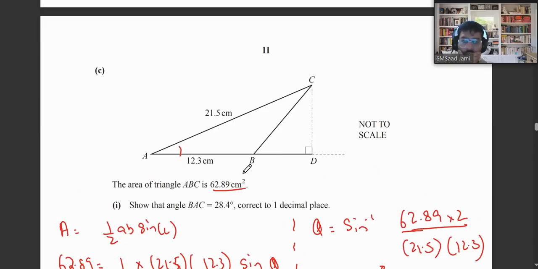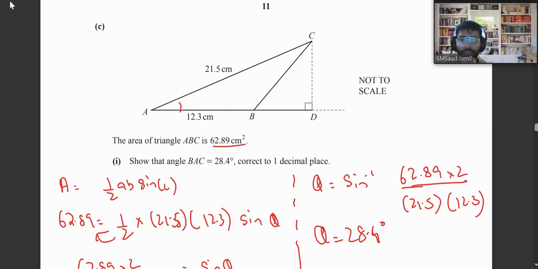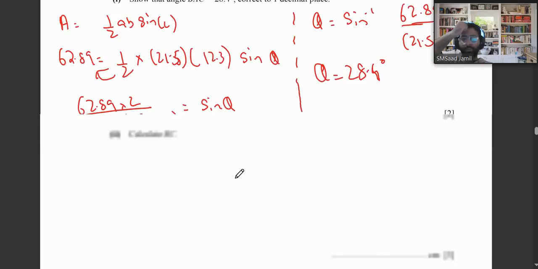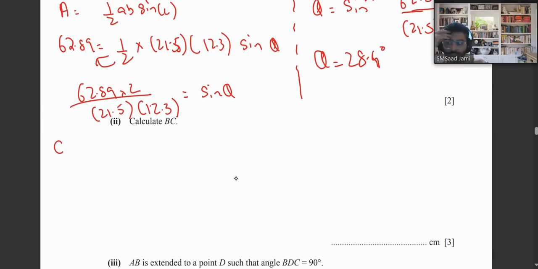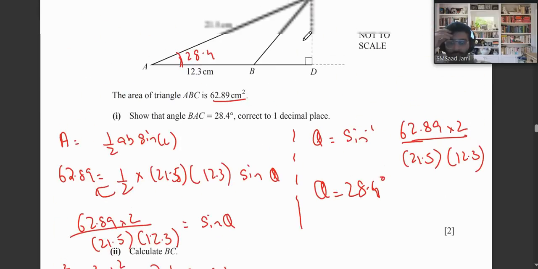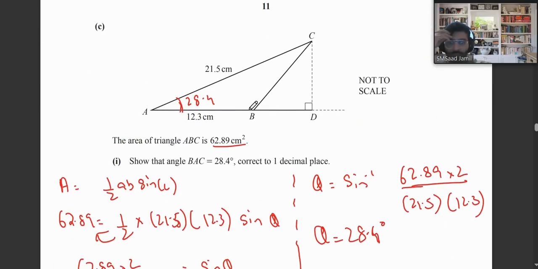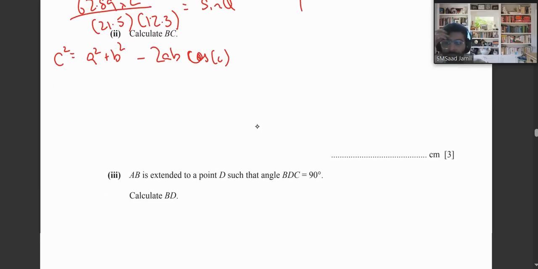Now it says calculate BC. So look, this is 28.4. We want to calculate BC. We can use cosine law. Cosine law is actually c square is equals to a square plus b square minus 2ab cos c. So this thing will actually become c square, the line BC. So just to avoid any confusion, I'm writing BC square is equals to